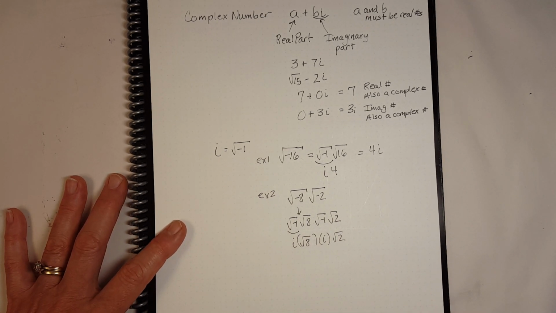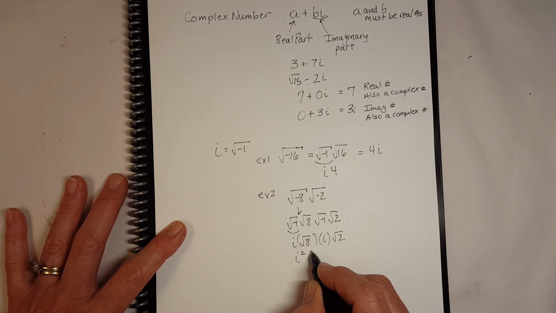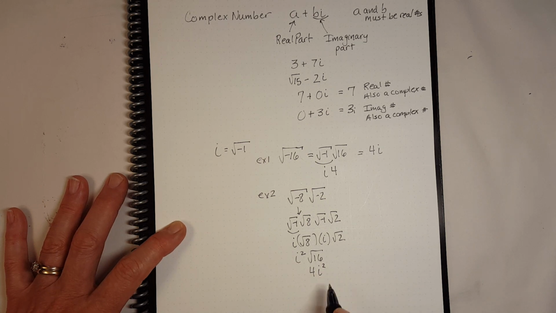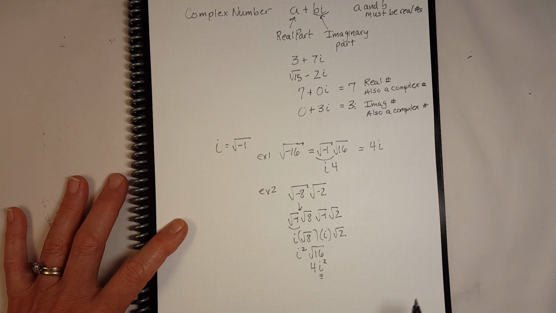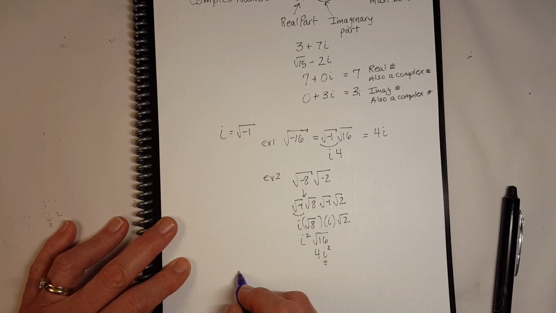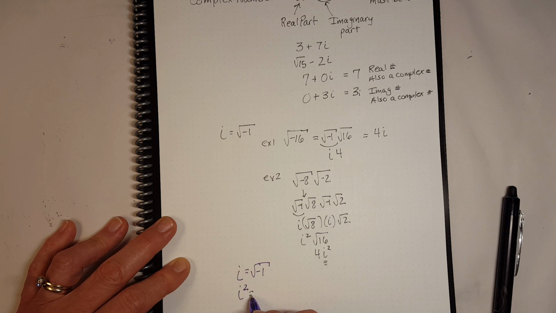And so what we have now is these two i's can get combined. So we have i squared, and square root of 8 times square root of 2. Since there's no negatives, we can say that's the square root of 16. And so we have 4 times i squared. But now we need to talk about what is i squared. Okay, so if we know that i is equal to the square root of -1, then i squared is equal to the square root of -1